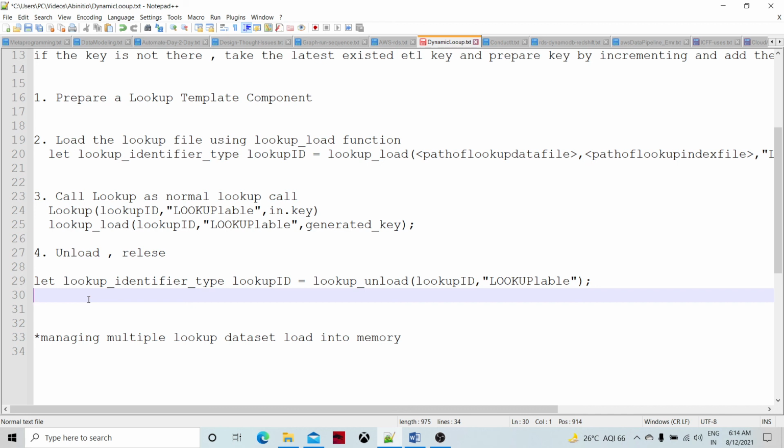So within the component memory, only one set, one object, will be there. Therefore, there won't be extra use of memory. Even if you have multiple calls, there will be only one existing dynamic lookup available in the main memory of the component.